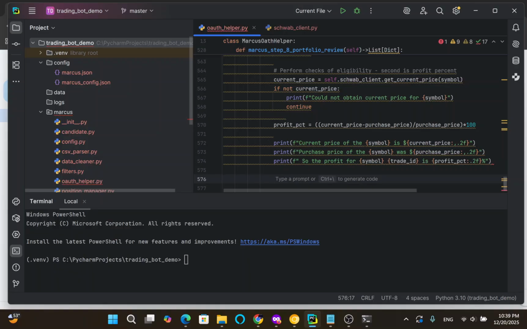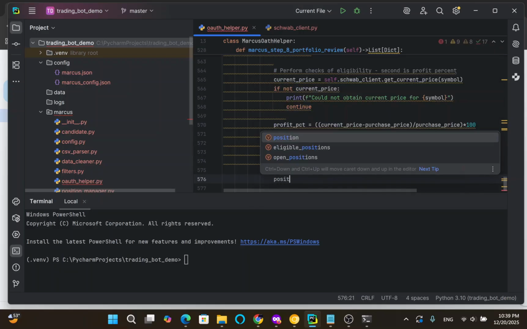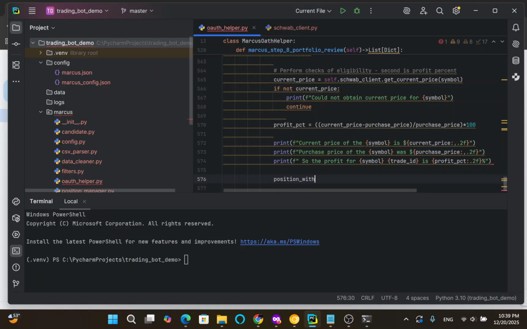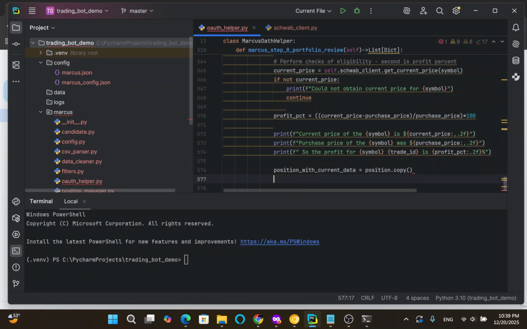Now what we need to do is to add current price and the profit to position data. Position with current data equals position copy, position with current data,